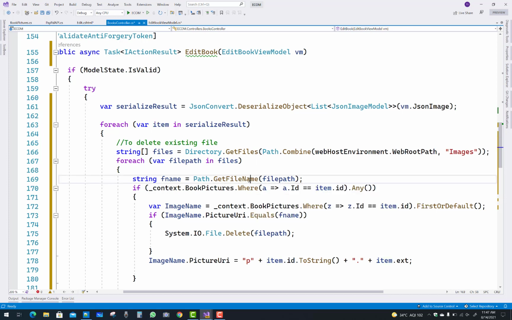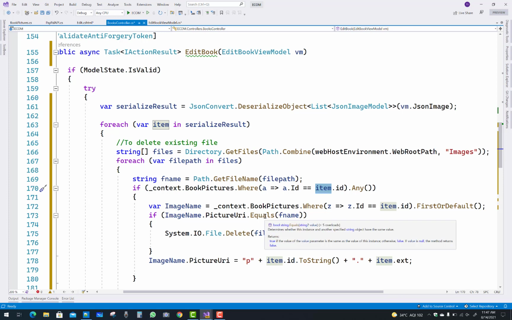You know that here we have p.item.id, that is the name of the file, and you just get the extension of the image, and I will save it in the form of item.extension. So context.bookpictures.where a.id is double equals to item.ids.any here we have, and after that you can remove the pictures if you got and removed, or you can say replace the images in the project.